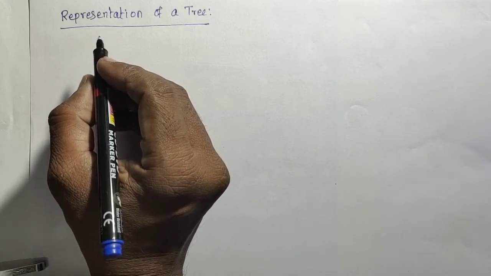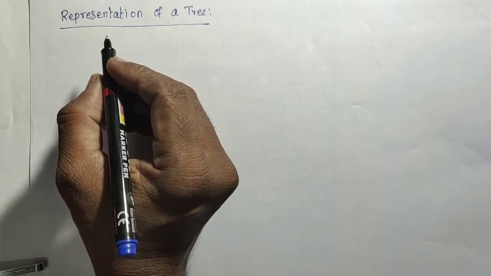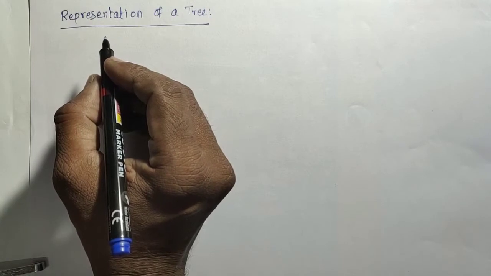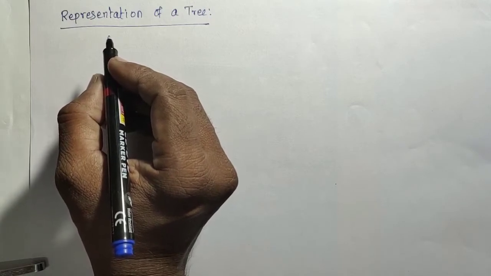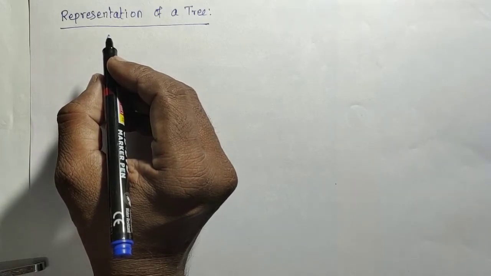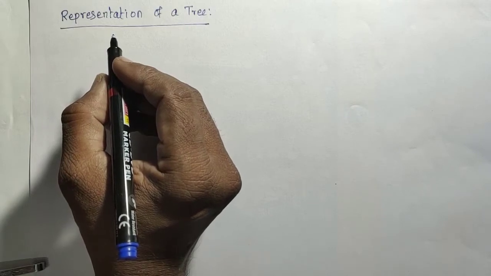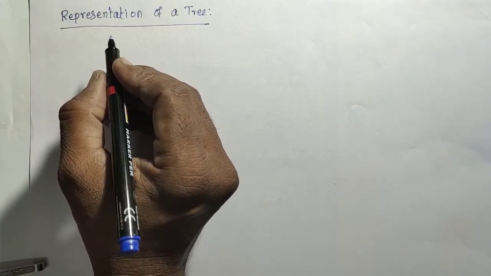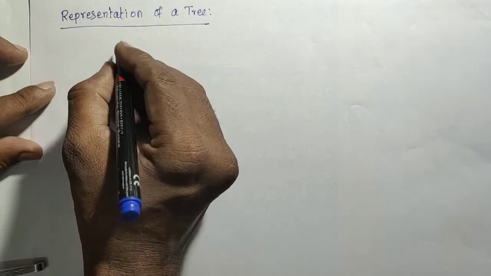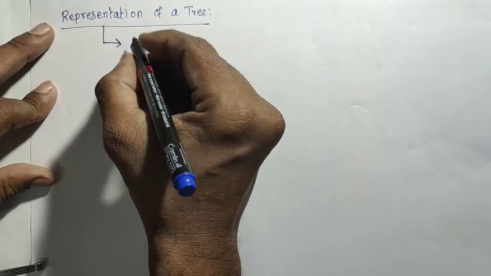I already told you, any data structure you want to create can be created from an existing data structure. For example, if you want to create a stack, we may need to use an array, or a list. If you want to create a list, we may need to use the concept of variables. Similarly, if you want to create a tree, how can it be represented? Basically, the tree will be represented by using a list.